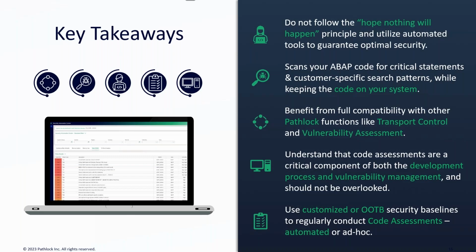The third point, especially in Pathlock, it's not only code scanning, but you can also leverage other functions like transport control and vulnerability assessment. It's important to understand that code assessment is a critical component, not only of the development process, not only the DevOps part for development team, but it's also a critical component of vulnerability management. What is also important, out of the box security baselines, which you can execute automated, just in cyclical things, but also ad hoc. I think I give you at least an impression of what Pathlock offers here